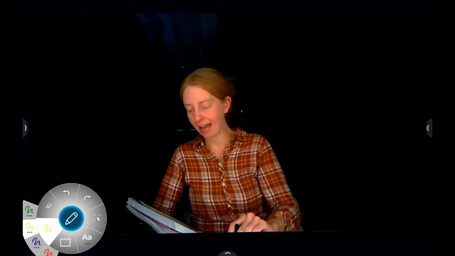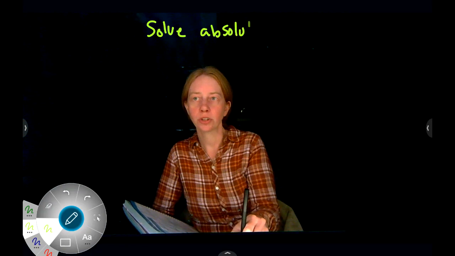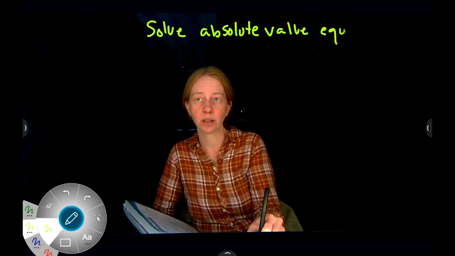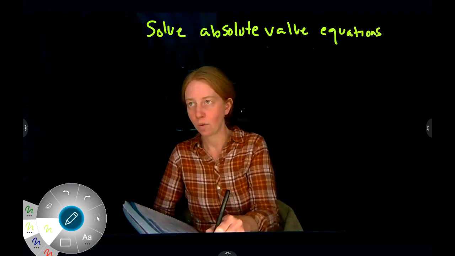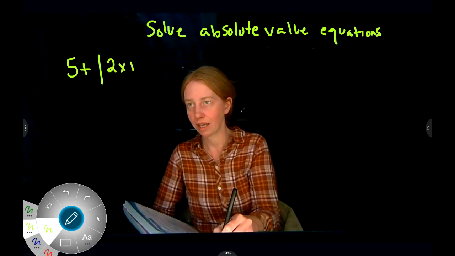Okay, what we're going to do is solve absolute value equations by graphing. First, just to remind you what absolute value equations look like without graphing. Remember, we had problems like this: 5 plus the absolute value of 2x plus 6